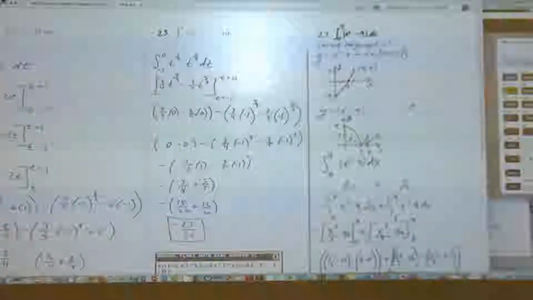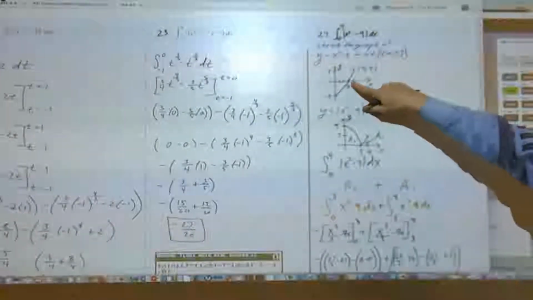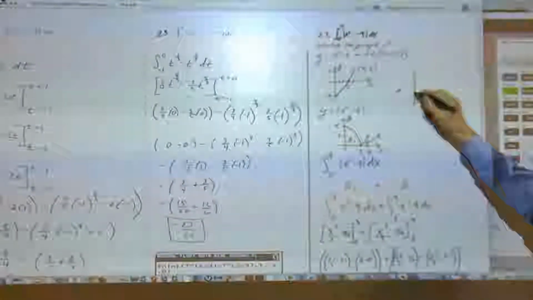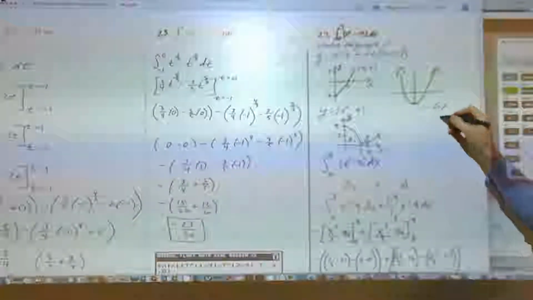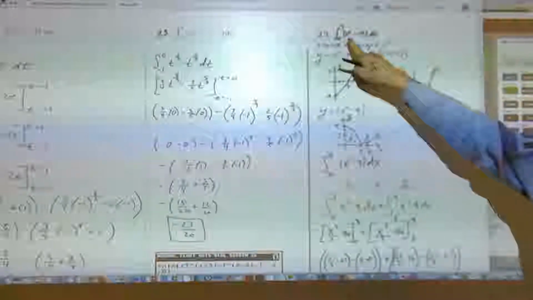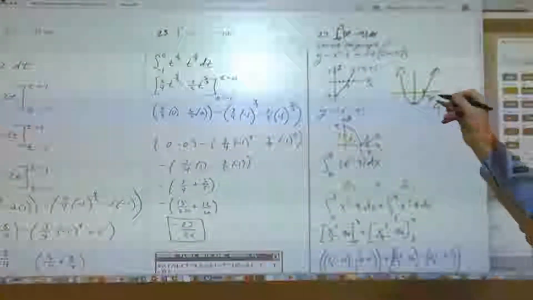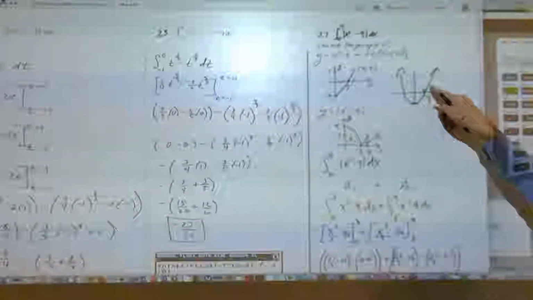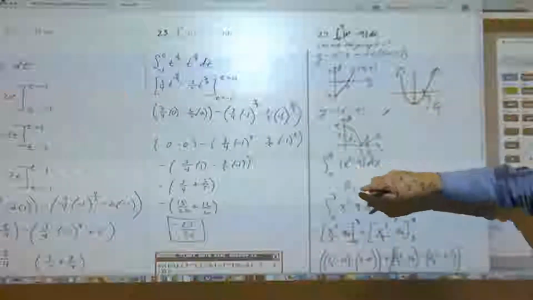How do you know from the interval 0 to 3 and then 3 to 4? Based on the graph. If you were to sketch the graph of y equals x squared minus 9, which by the way is a parabola with an intercept at -9, where's the 0? Where's the intercept? Well, 3 squared minus 9 is equal to 0. So the intercept is at 3. So the boundary between the negative area and the positive area is 3. That's how you know to divide it up into